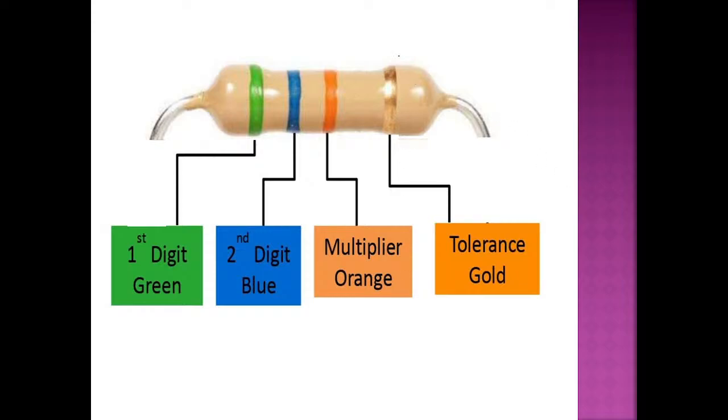Whichever band has sufficient gap from the remaining bands, you can see the gap between these three bands is smaller when compared to this gold color band in this image. So this tolerance,